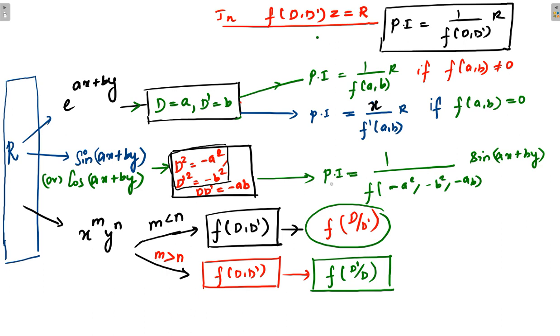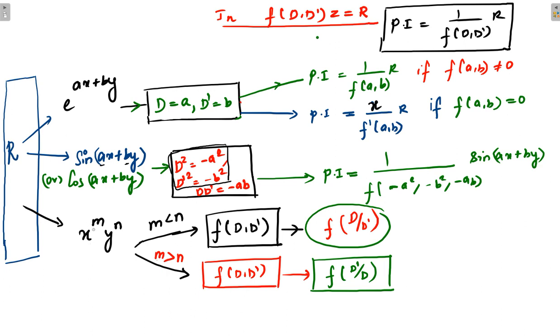Next, after finding these values by using the given function, take a and b, and you have to take a square, b square and ab. From that you have to use this formula. After applying this formula, you may get the particular integral of this differential equation. Next one is